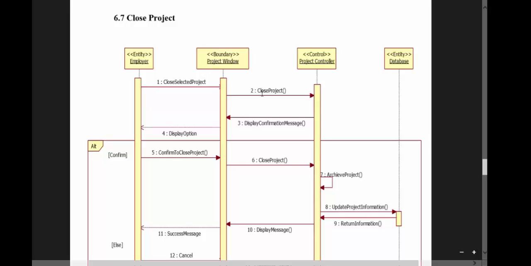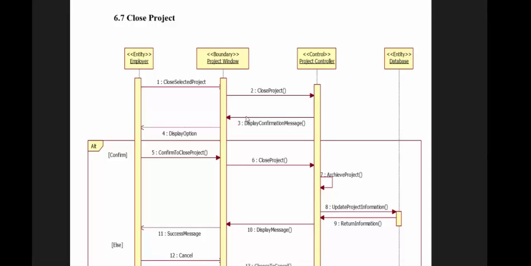Project window will first display a confirmation message that says that if the project is selected to be closed, it will be archived, but it will be open to be reposted again for a certain period of time. If the project is not reposted in that period of time, the project will be archived permanently.